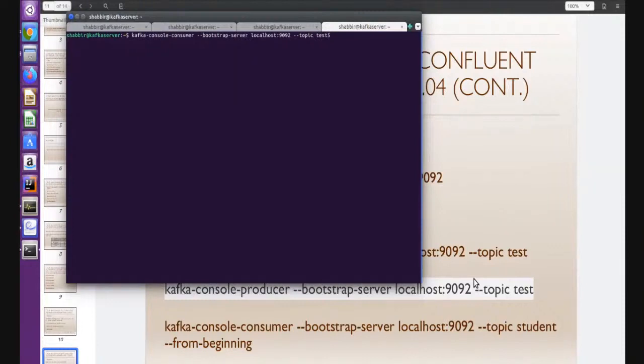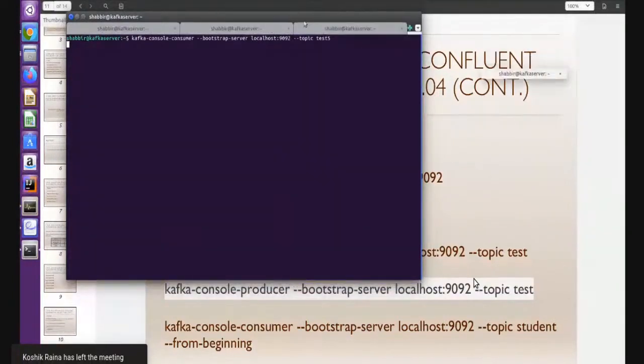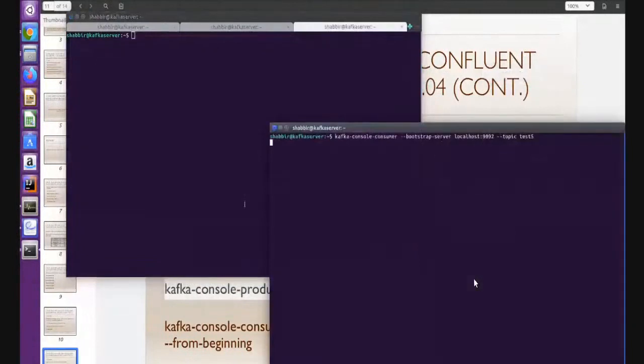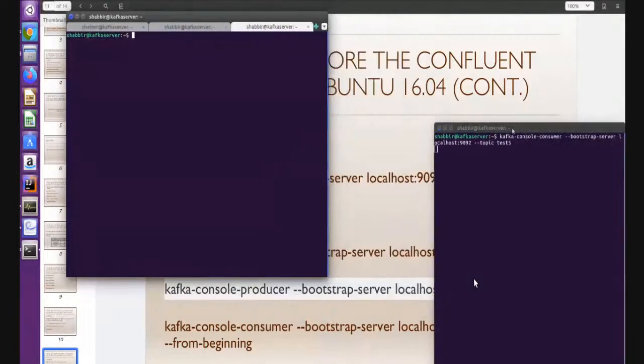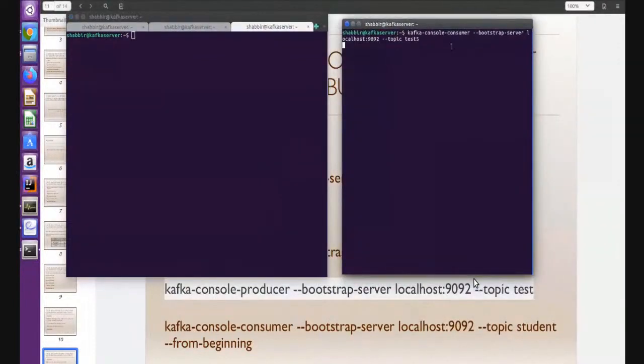Right now, because I have not entered the from-beginning parameter, it will not show you from the beginning. It will give you the live data. Yesterday, somebody asked why I was reading the data randomly. Actually, we don't read data randomly. It goes sequence by sequence. As you put the data, it will display your data, right? Because I was using the command from beginning. Normally we don't use that command. This is for the historical data if you want to get all the data.